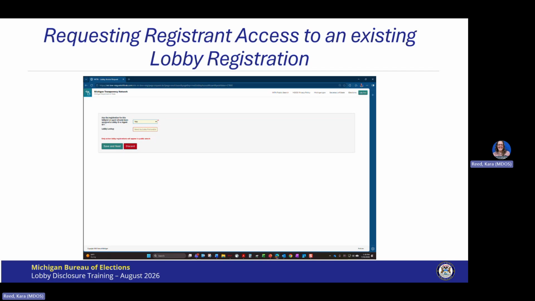Since I'm going to request access to the lobbyist August training 2026, I will start typing August. You can see that it shows in the search results. The next step is to select the record and then Save and Next.